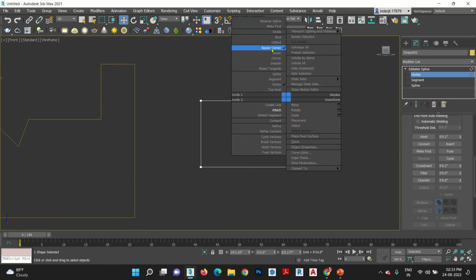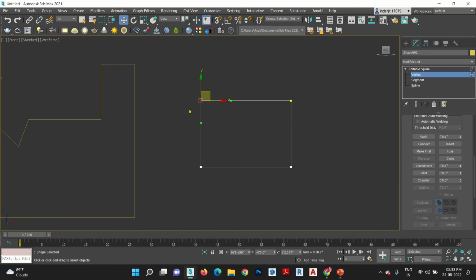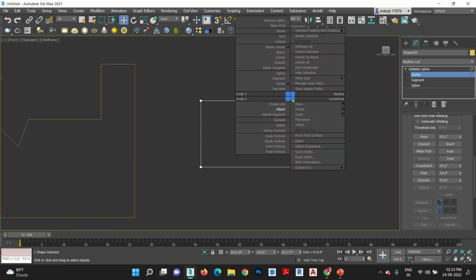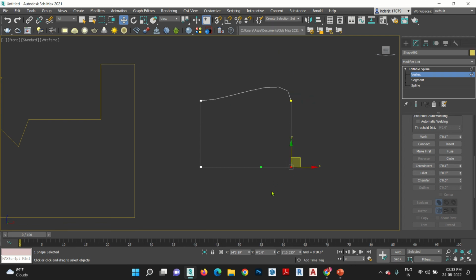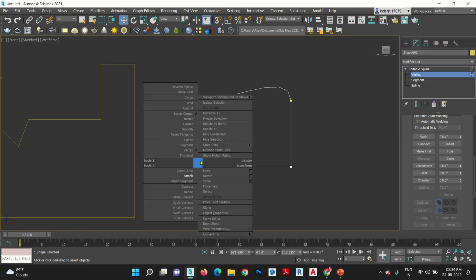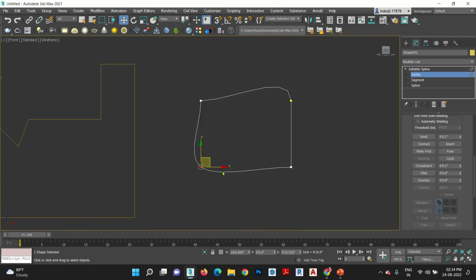Right click. Here we can convert your vertex into four forms. One is Bezier corner, Bezier, corner and smooth. What is this? This is very important. Now first select this, right click, Bezier corner, select this, right click, Bezier, select this, right click, corner, select this,